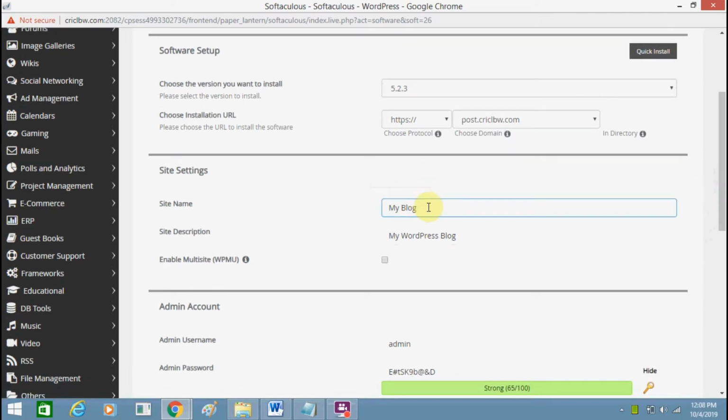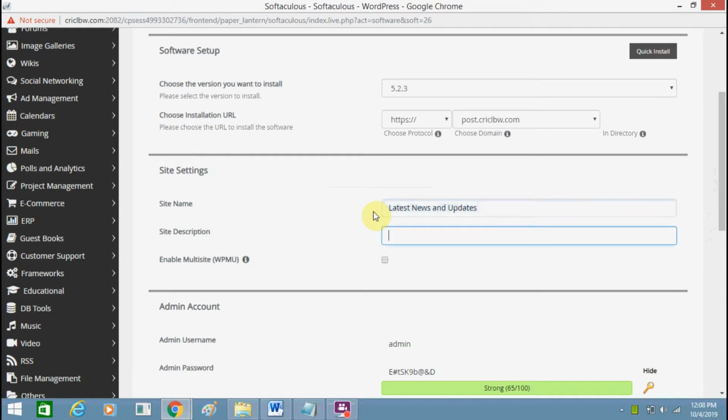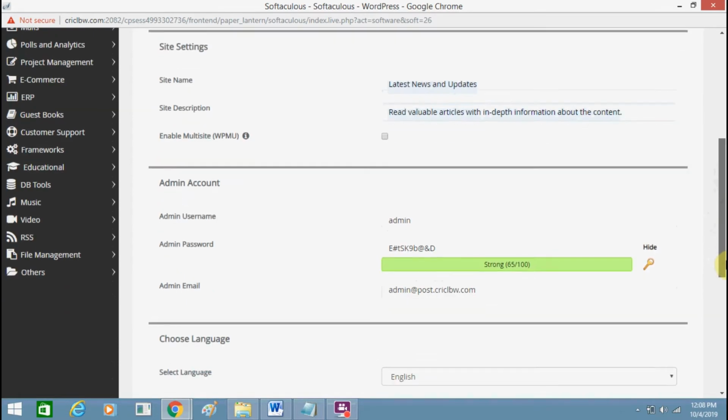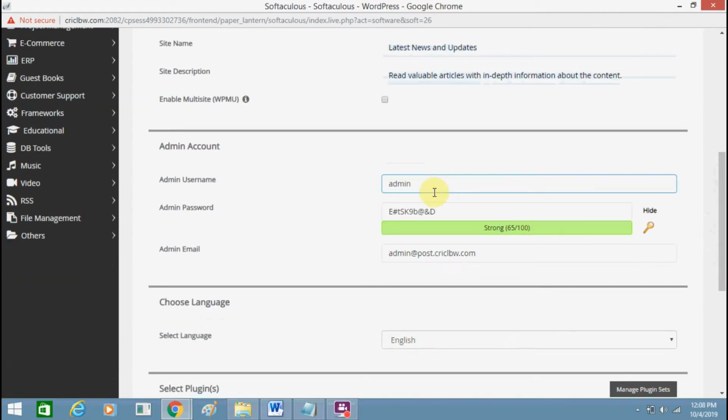You can write your site name, write anything as per your wish. And herein you can see admin username and password. Just copy this thing.